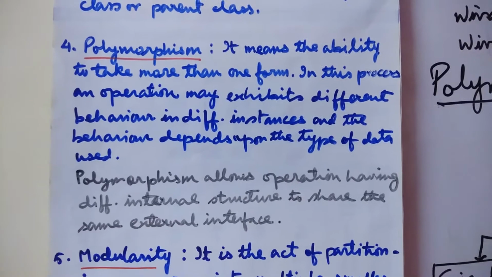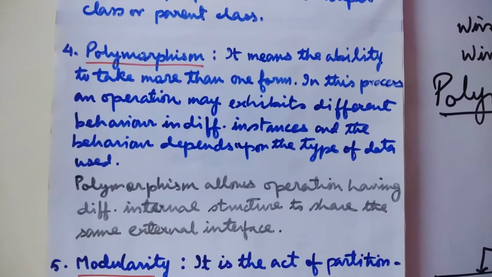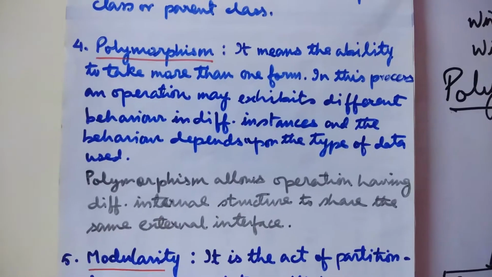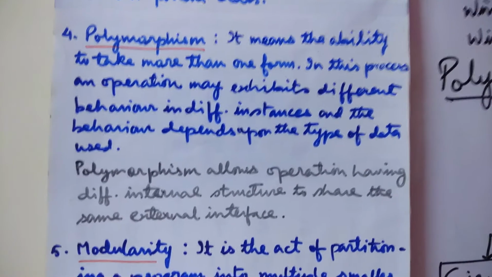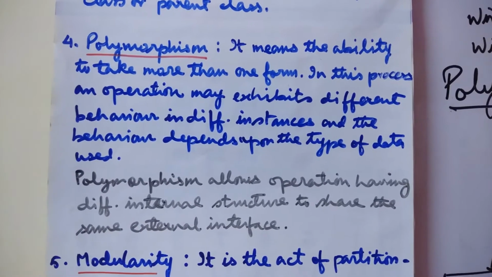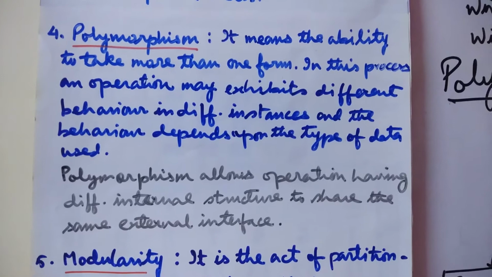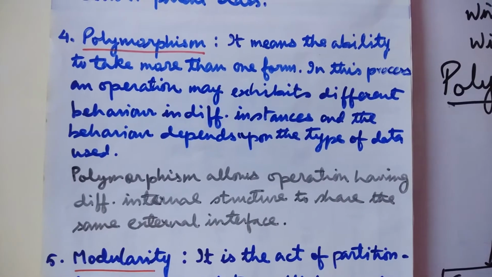You behave there as a player. So you as a person behave differently in the classroom, in the playground as well as at home. This is polymorphism. Now in programming, polymorphism is exhibited through function overloading,